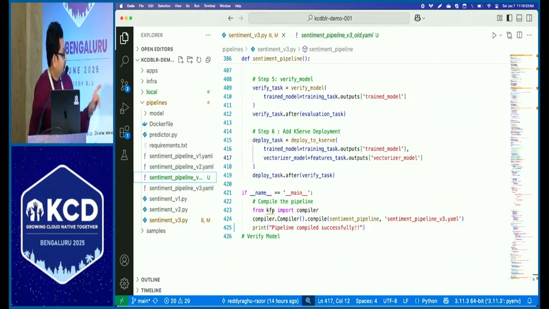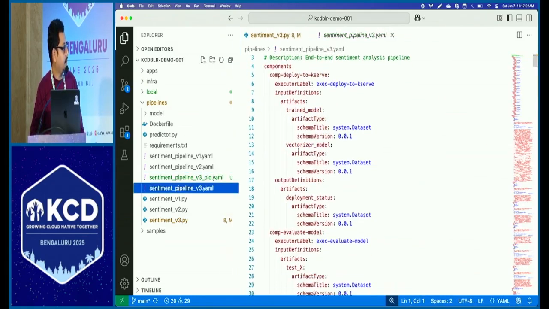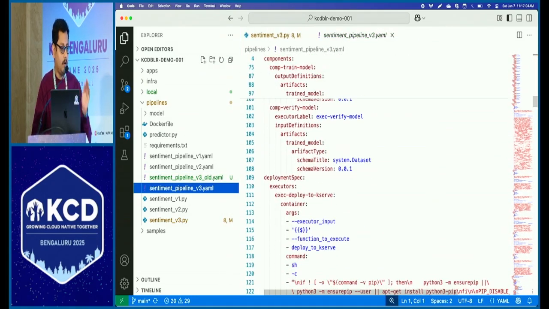So this is that particular file which recently got created. It's just a YAML file in the context of Kubeflow, so that it understands what needs to be done, in the order of sequence and everything. Now for the demo,